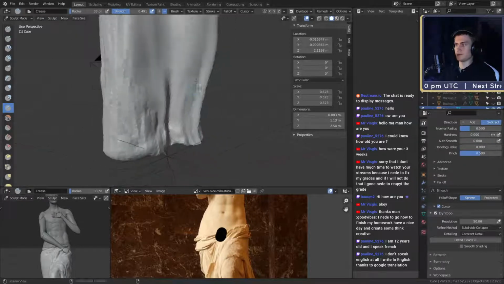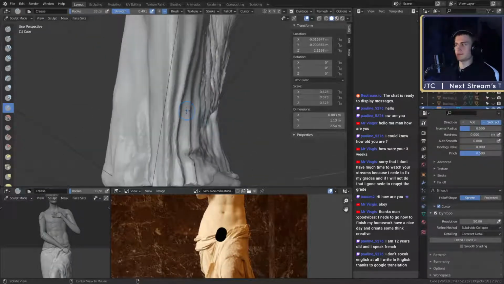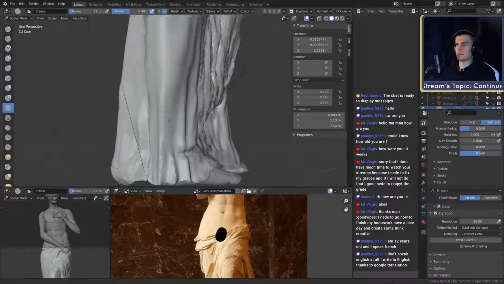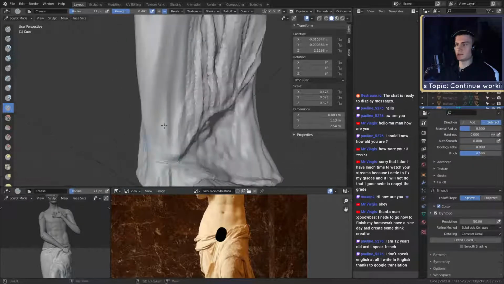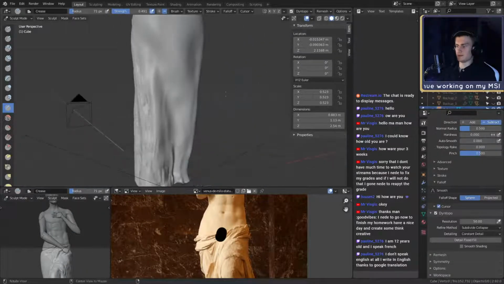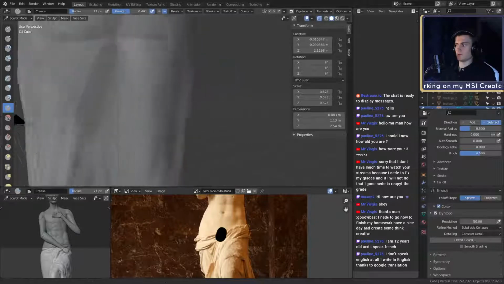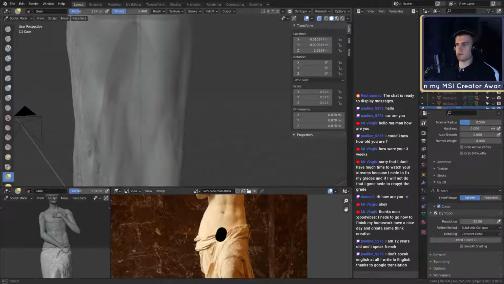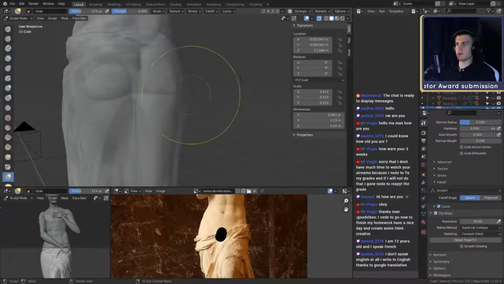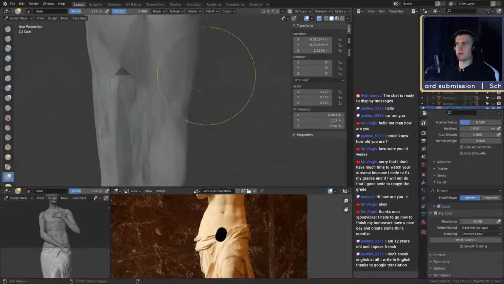Okay, we're coming to the end of today. Just trying to make some swift changes. Let's see, hold on. Okay, this can be closer to the body. Pretty far away.